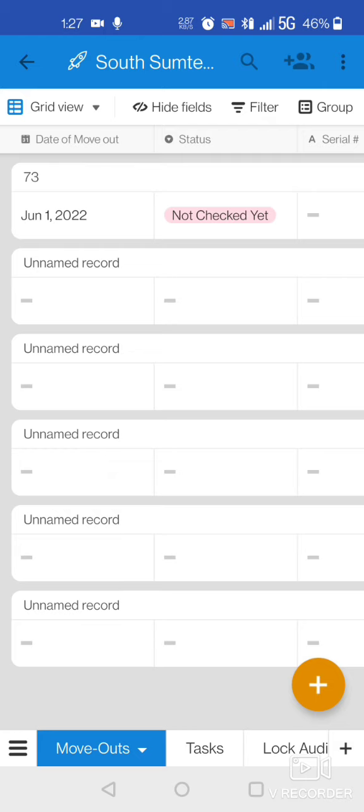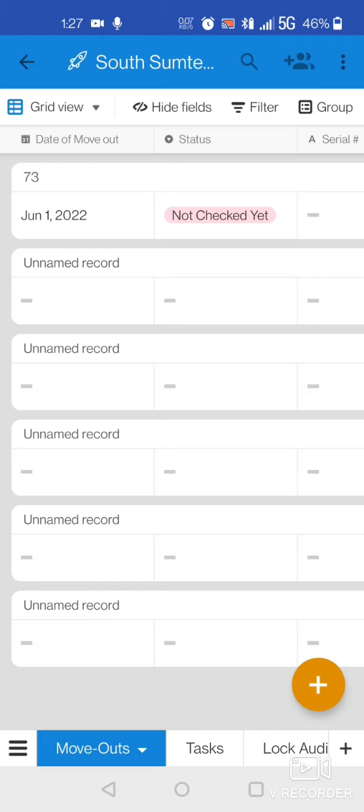First thing we're going to do is check for move outs. Now for move outs, we have to know what date it is that we're there. So if it's the 16th of May, and this tenant is moving out, say for instance on June 1st, we're not going to check that unit yet because it's not June 1st, so he's still in there. So we have to wait until the date in this first column here is prior to the current date. So for instance, if this was May 10th and today's the 16th, then we can check it